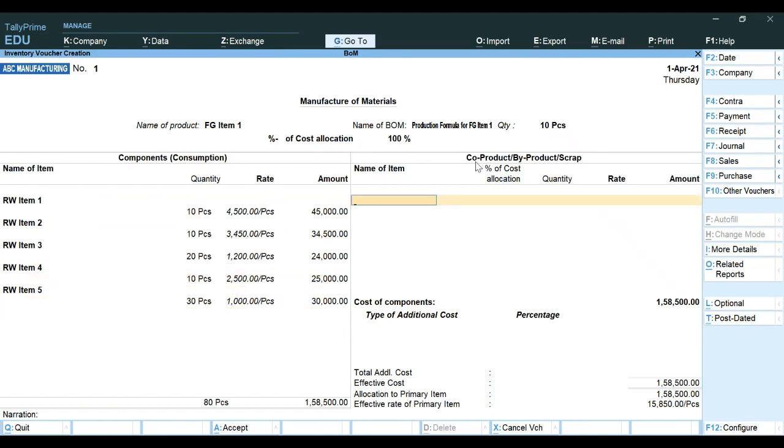Now come to the right hand side. This is co-product or byproduct or scrap. If in this process some scrap or some byproduct has emerged, this type of byproduct is to be mentioned under this segment. As per my question, no byproduct has been mentioned, no scrap has been mentioned. Okay. So now this is my